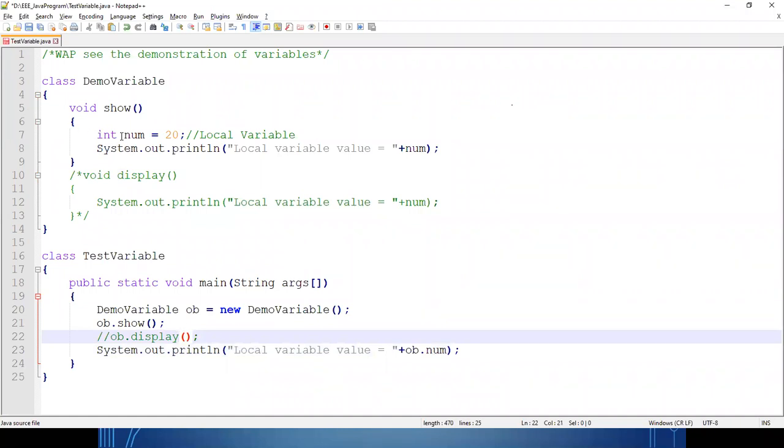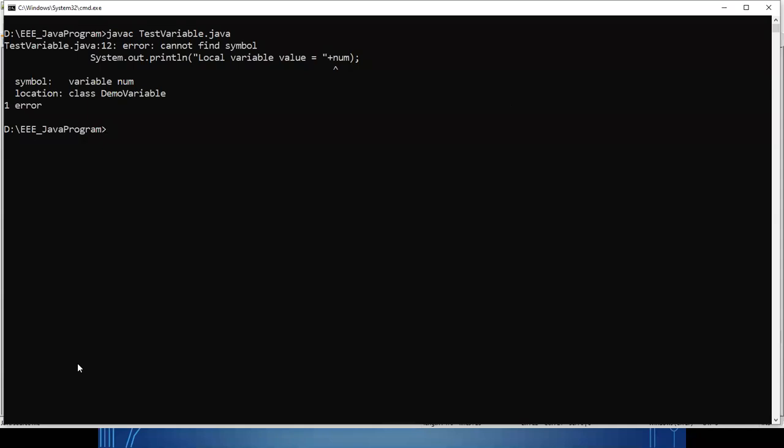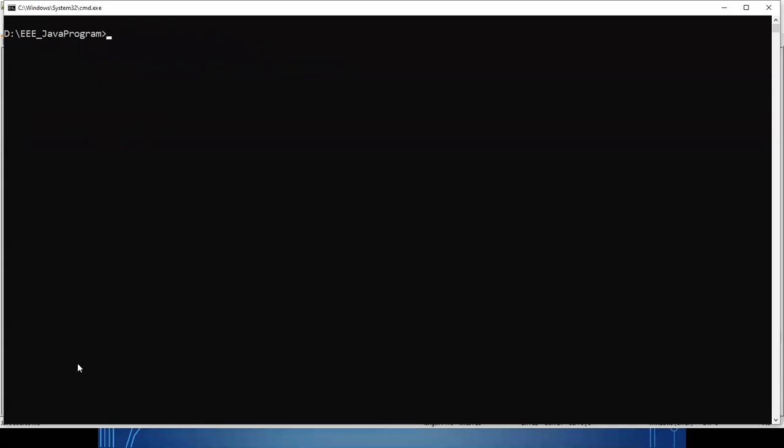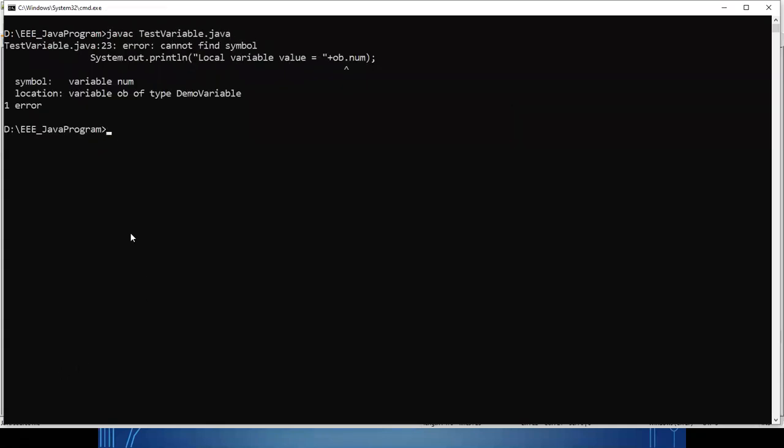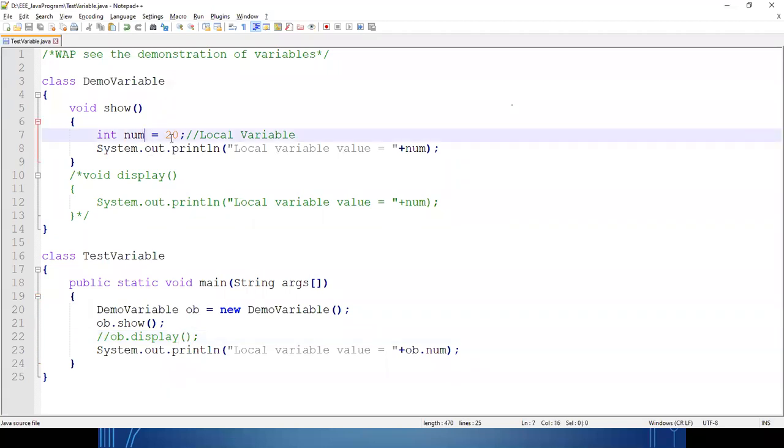So I am thinking that this number belongs to the class because it is declared inside the class, so I am accessing the number variable through the object of that class inside the main method. See, the same error message is coming: cannot find symbol number.